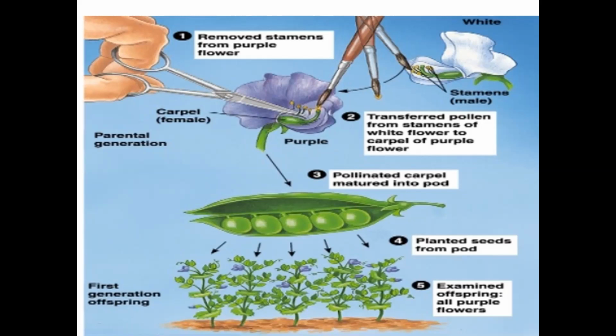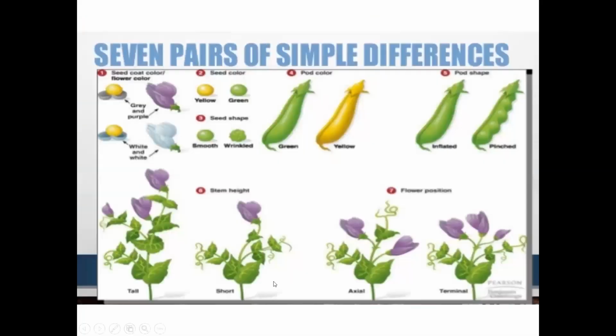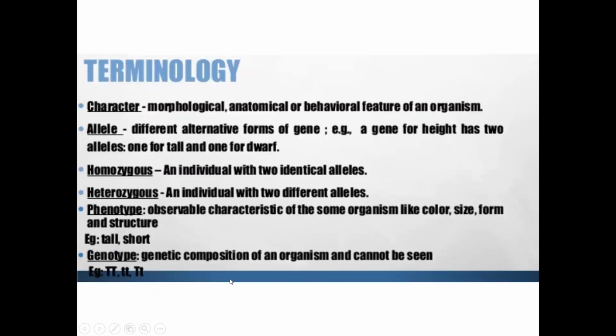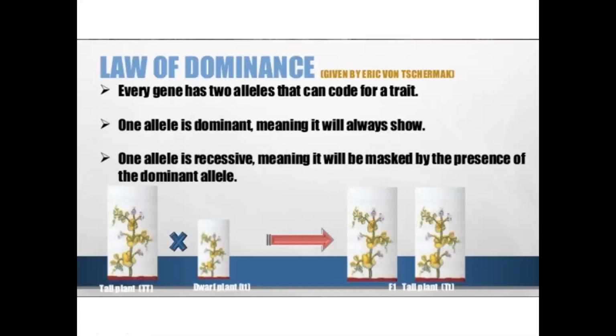Okay, now on the basis of this experiment, he has formulated not only this pair of experiment, actually, as I have stated earlier, there are 7 pairs. Now we consider this one according to the flower color. See this one, purple and white. But in actual Mendel's experiment, he has taken tall and short as the main character. Okay, so in the law, the first law is about law of dominance.